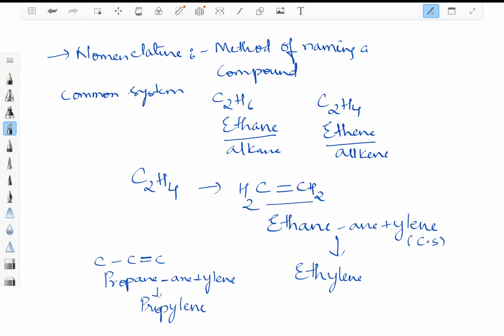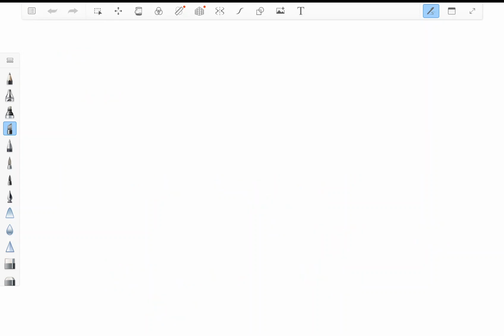Subsequently, if you see the other example here, carbon, carbon, carbon with carbon. Please try to relate what we have already studied in the nomenclature of alkanes. We have discussed this point already in class: in an alkane, when there is a CH3 group attached to the second last carbon, the name will be isobutane.